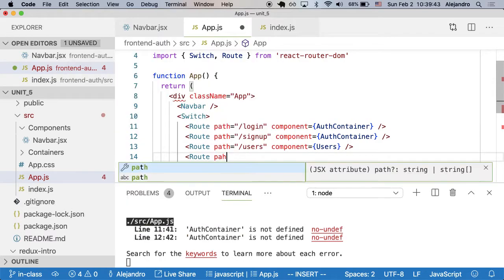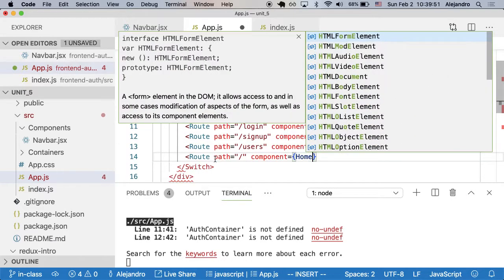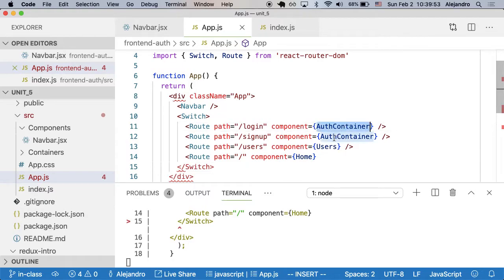And let's do route, path, just the slash, component, home. Next we're gonna write these components. Any questions so far? Wouldn't you not want them to be the same